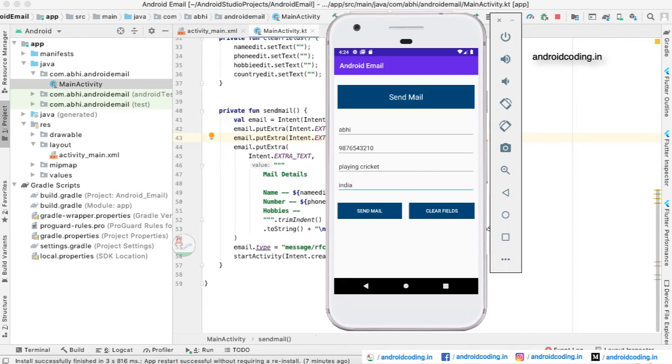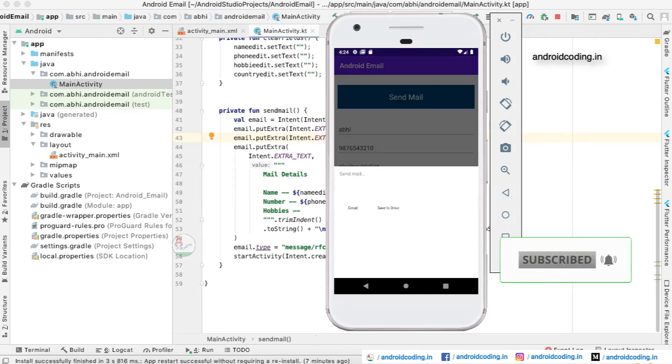So here you can see we have provided all the details which need to be sent through our email. And here when you tap on the send email button, then you will be asked with the email providers. You need to choose from them.